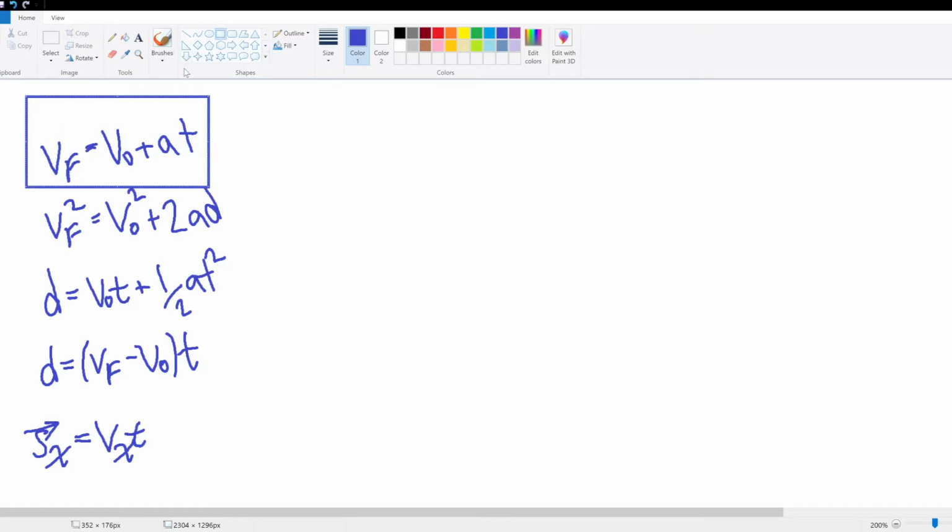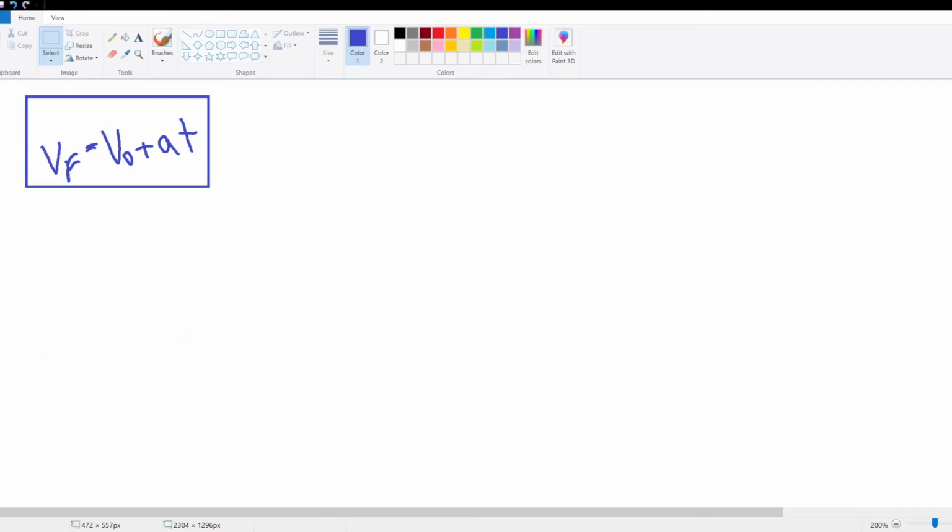Okay, so let's use that. Oh yeah, and I'll just keep this so we could remember it. I'll just delete the rest of them. Okay, so now this is for the y direction, by the way. We're gonna use the y direction because on our x direction this formula doesn't work. I mean, it does work, but then our